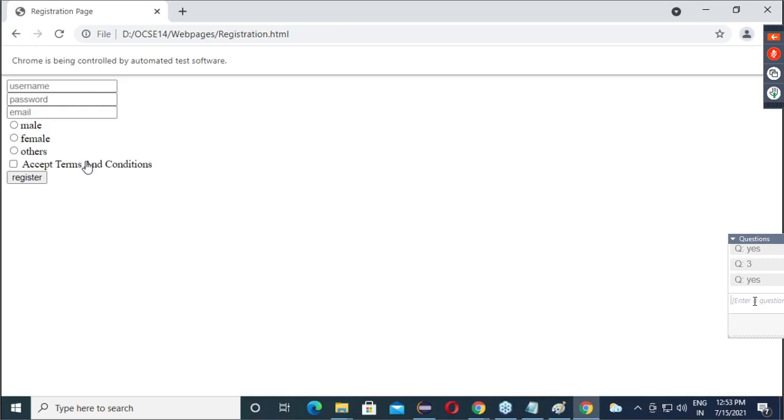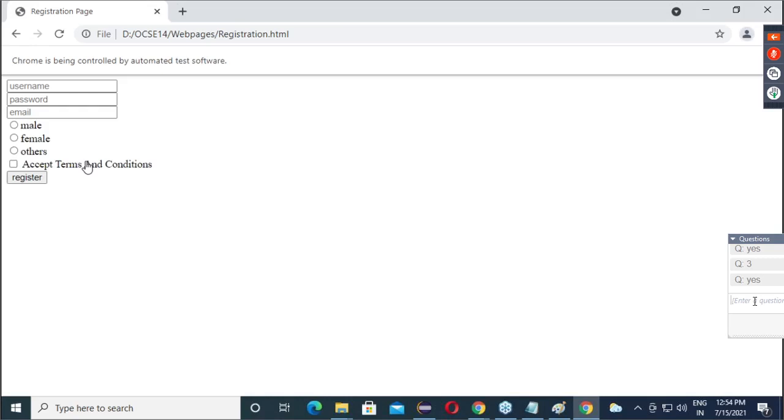Dynamic means what? Which keeps on changing. Just like assume sometimes visible text comes like username 123, username 124, username 125. Then is it same or changing? Changing. Is everything changing or only the number is changing? Only the number is changing. Username is constant. Use partial.